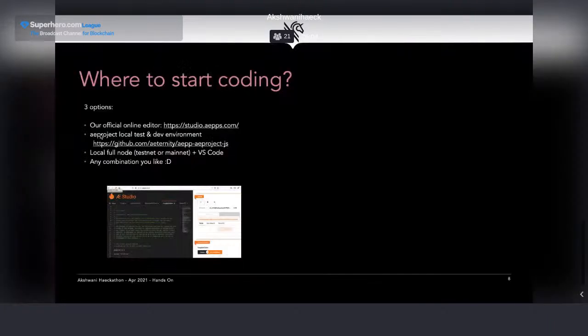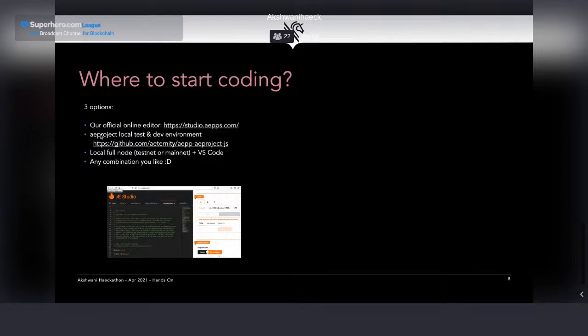Let's go back. With a project, I have the option of starting my local environment where I can have the basic structure. I can have my contract source code. I can edit it with any editor I want, like Visual Studio Code, which you can use with some help with the language. Maybe not as good as Studio right now, but you have some help. But you can code with any IDE that you want to use.